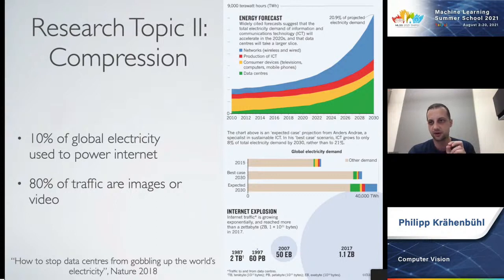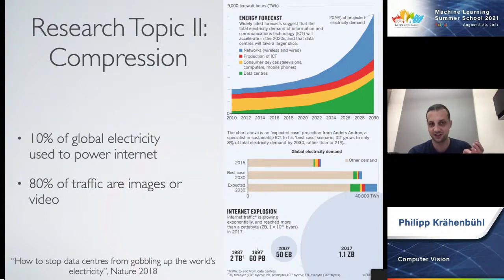And it's probably one of the most important dense regression problems if you care about global impact. The reason for this is that about 10%, at least in the US, of the energy that we produce in the US is used to power the internet one way or another.